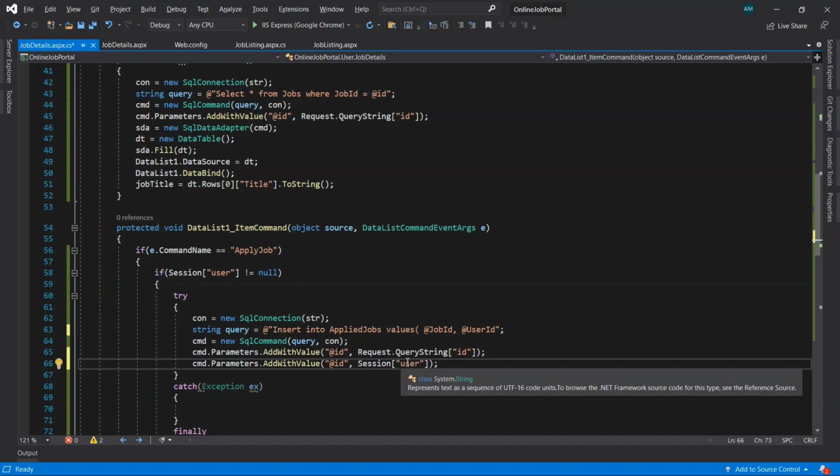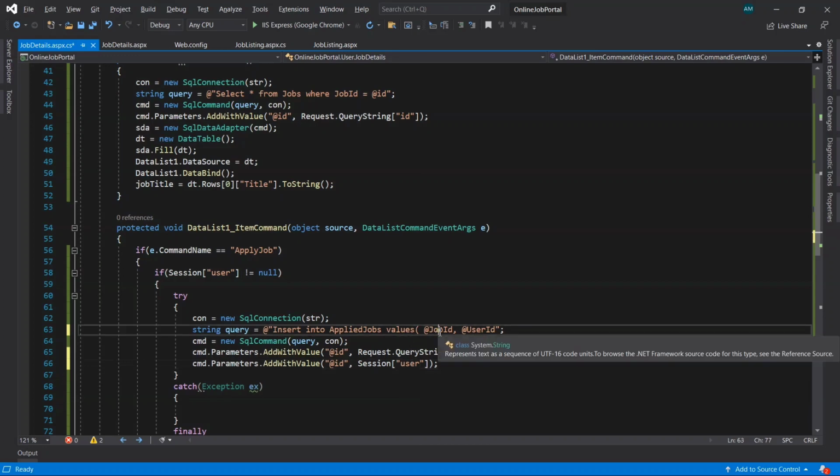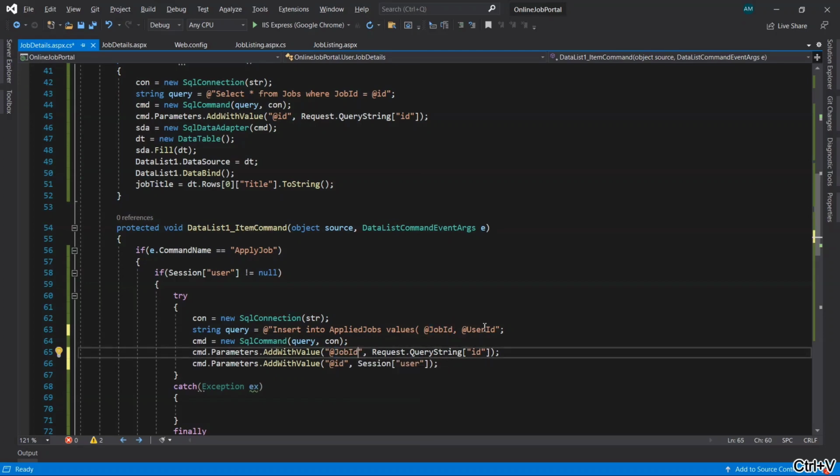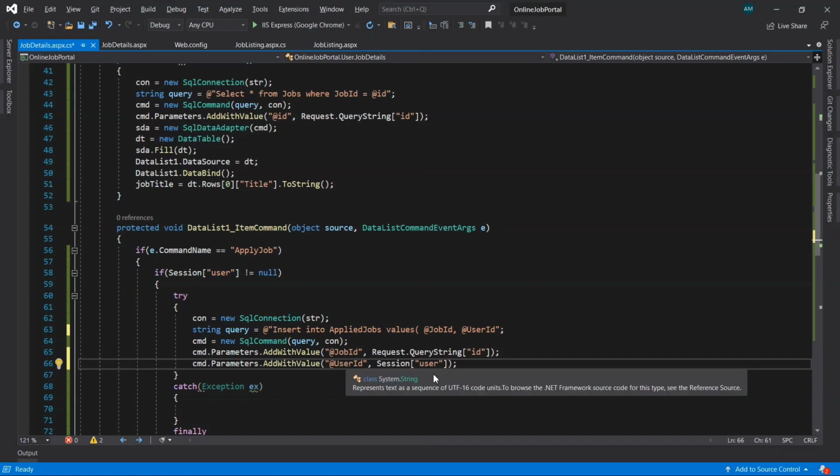But we don't want here the username, the user's unique name. Okay, but I want the user ID to be inserted in the table, right? So for that I want to take the ID also. First change this here. Okay, let's go to the login page and we'll see whether we have this one or not. If not, we'll create that.